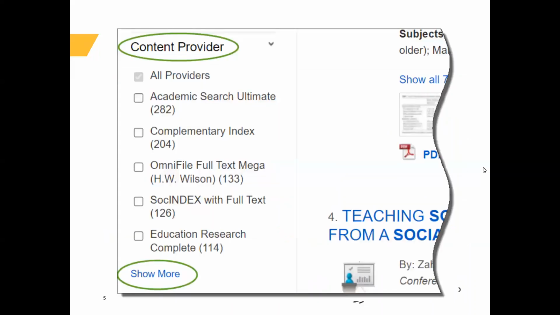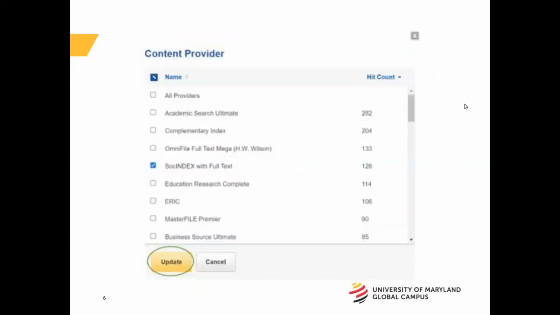If you scroll down, on the left-hand side, you'll see a partial list of content providers, meaning individual library databases that OneSearch has found results in. Click on Show More to get the complete list of individual databases. You can even update your search to get results only from selected individual databases, such as SocIndex with full text,